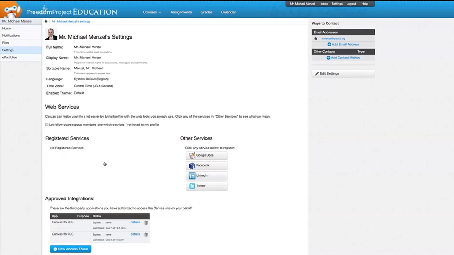Okay, now I do want to point out something that, again, is completely optional here, but I thought it would be important to point out. Right here is other services. Now, if you, for instance, have a Facebook, LinkedIn, or Twitter account, and you want to have that account linked to your Canvas account, it doesn't matter if you're a student or a parent, you can actually do that. And what that will do is, if an assignment is posted, or let's say a quiz is graded, and you set the notifications to alert you of that, and you have your Facebook account or your LinkedIn or